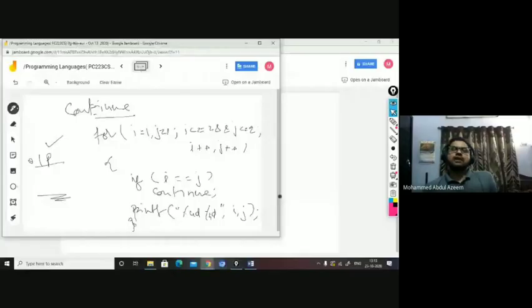So this printf statement will not be executed, right? The i, j values will not be printed. Rather, you directly come to the next iteration. When i and j are incremented for the next iteration, both become 2, 2, and the condition is again found to be true, because both are equal. Again, continue doesn't let the control execute the next statement, rather it goes to the next iteration. When you go for the next iteration, i becomes 3, j becomes 3, the condition is false, and then you come out of the loop. So no output you will get, right?